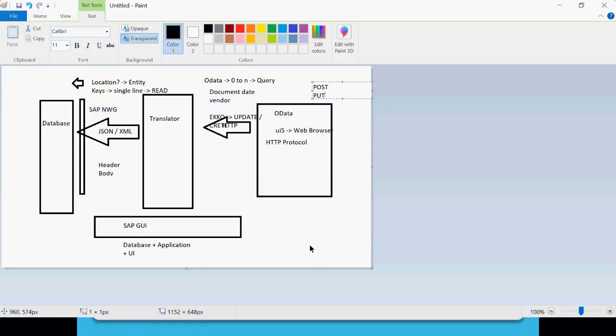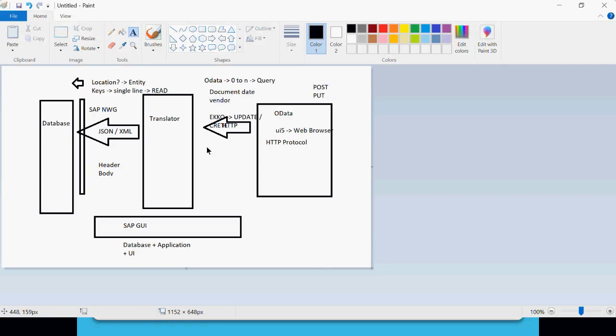So ultimately, the brief of this whole discussion is that there is a language which a web browser understands, and there is a language which a database understands. The database understands nothing but the language of an application server. So that application server needs a particular input provider which can